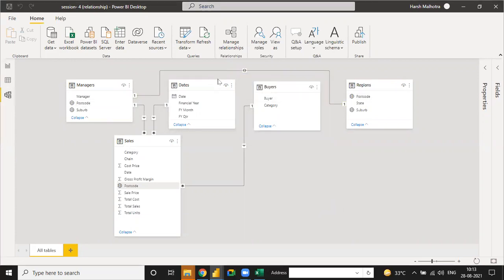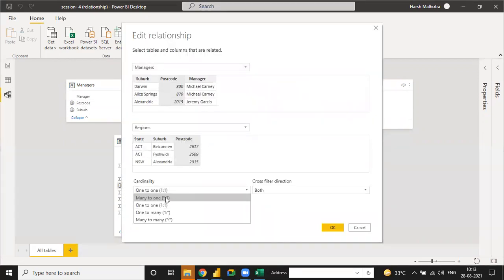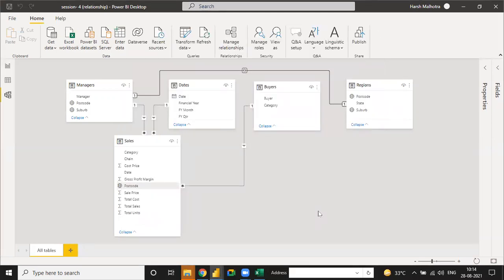Like I told you in today's class, there are 4 types of relationship, and I have covered all the relationships except many to many, because many to many is rarely used. So: one to one, and one to many, and many to one. You just need to remember the tables you are connecting, the large table or the small table. If you connect the large table to the small, then it is many to one. If you connect the small to the large, it is one to many. And the main thing is that there must be one common column on both tables, whether it's a dim table or a fact table.